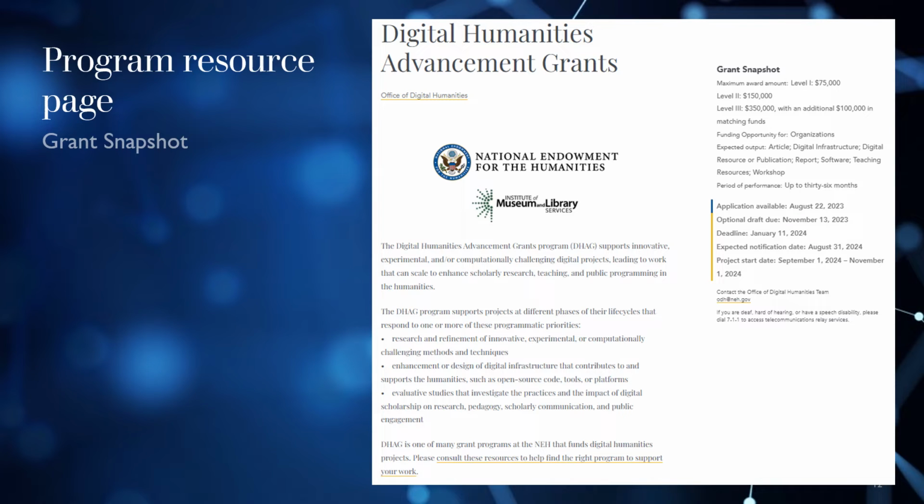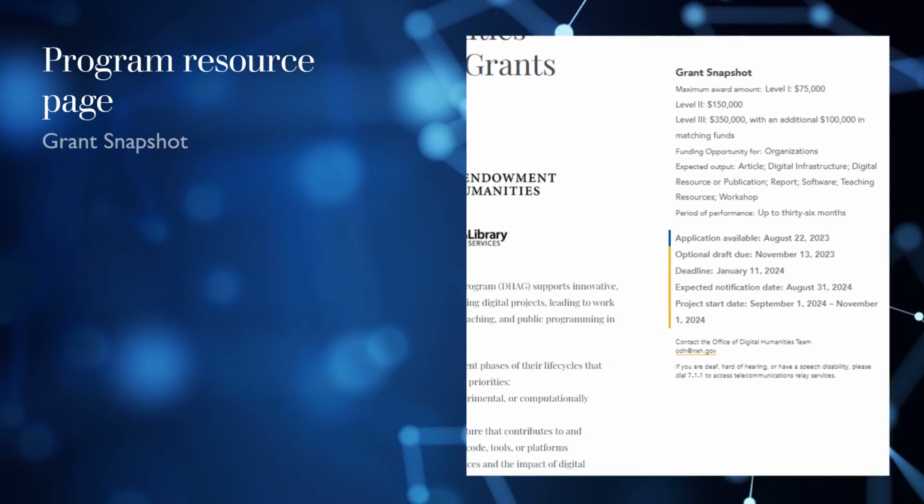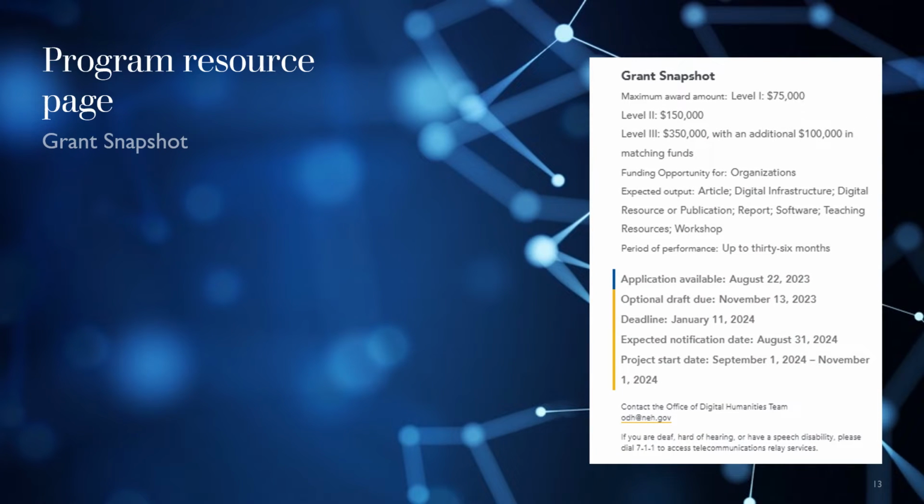Now I'll go through the information that you can find in the grant snapshot on the right of the page. Here we list maximum award amounts for the 3 funding levels. The snapshot says that this funding opportunity is for organizations, which means that DHAG makes awards to institutions rather than